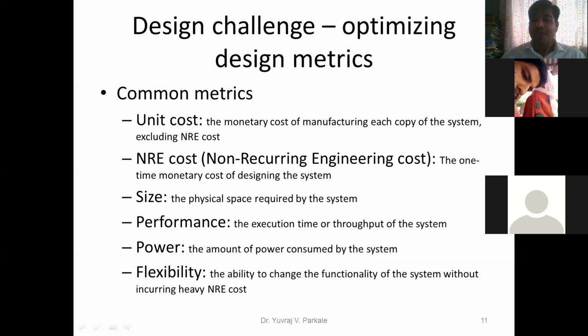Memory required. Okay, my next question is how to measure the memory? There are remaining people.